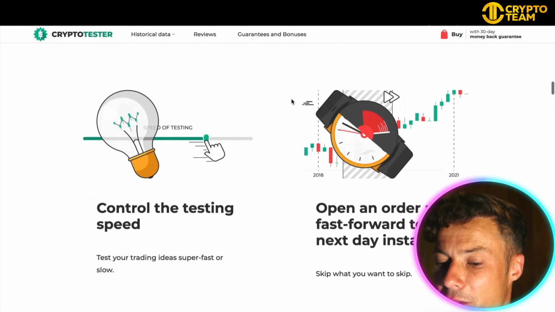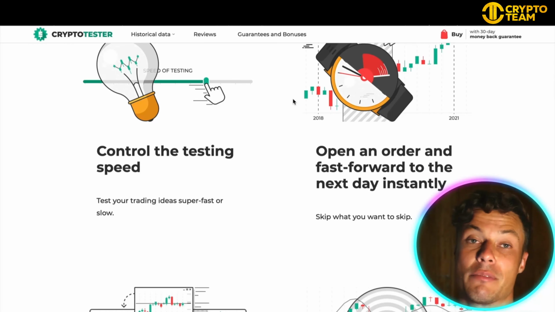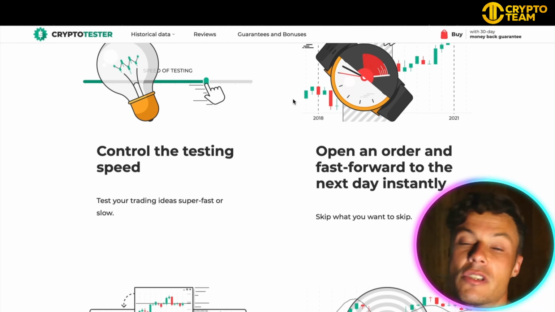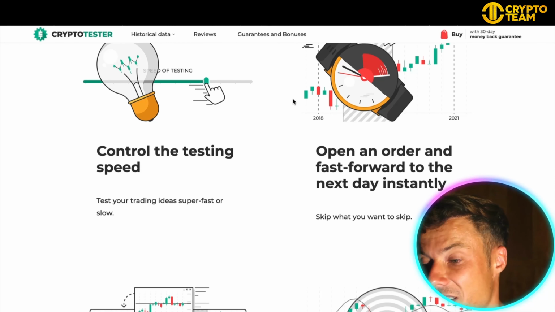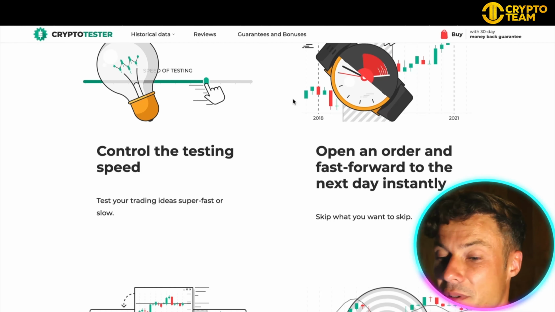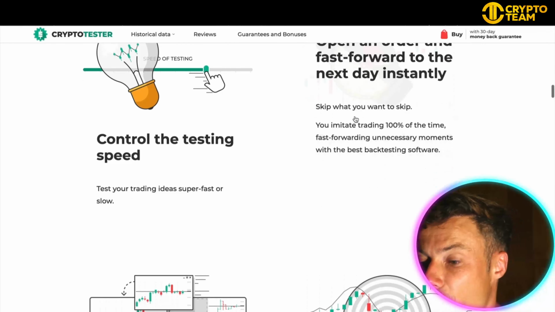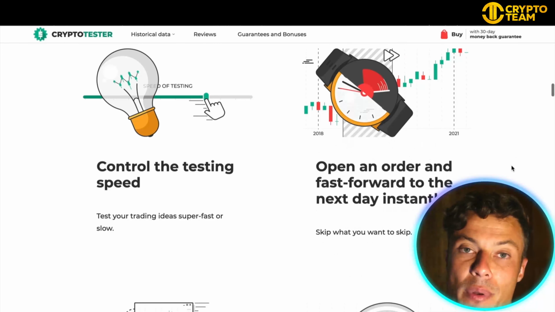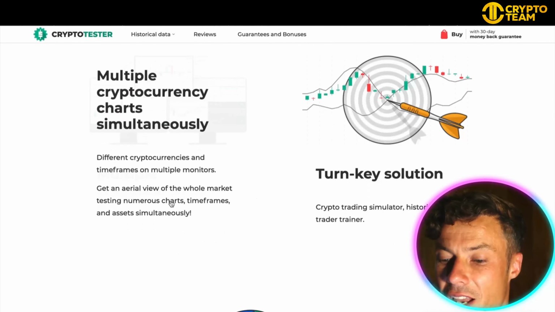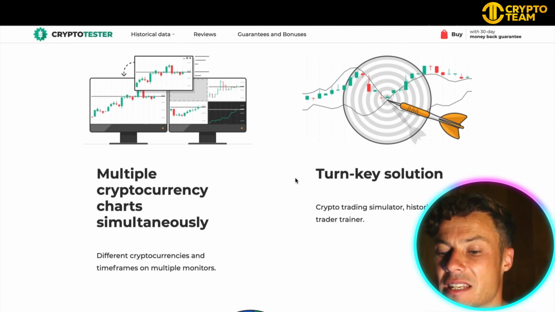So there's various benefits for this, guys. It enables you to backtest far quicker than you would be able to do with any other software. You can control the speed of testing, which is essential. This enables you to find setups quicker and to enable trades to play out much quicker for you. You can open orders and then play through straight away without having to wait for it to play out in real time. There's various cryptocurrencies and various crypto charts that you can analyze simultaneously in order to take multiple trades at one time,